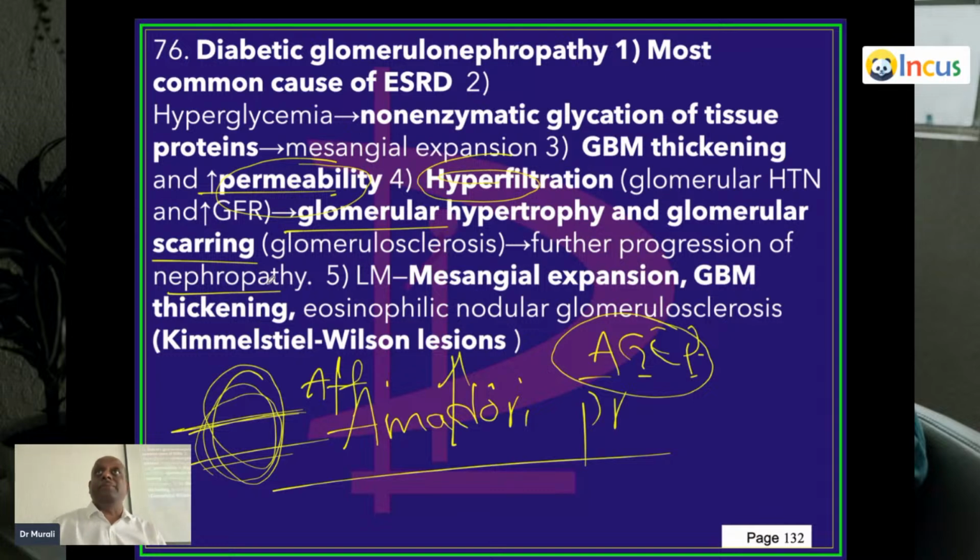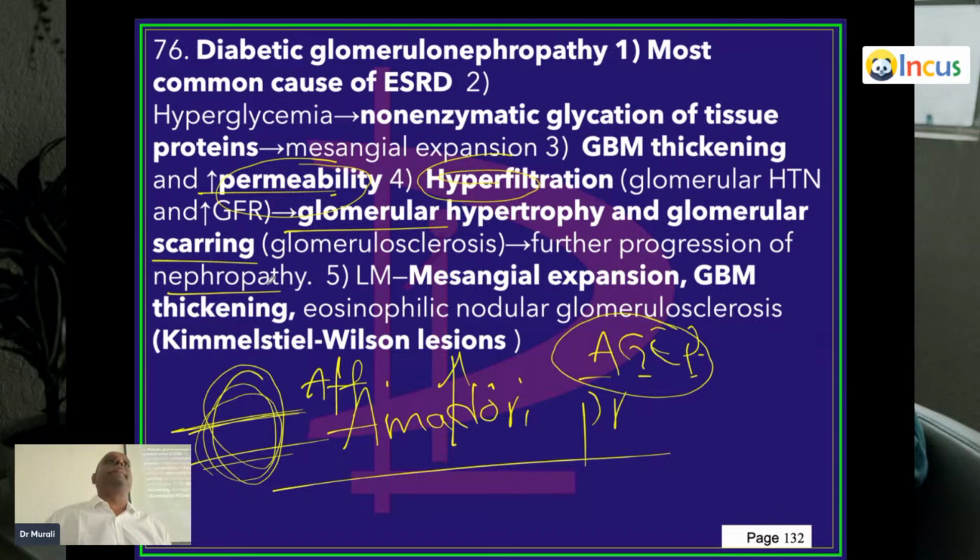And you need to tell them your proteinuria is progressing, your Amadori products are increasing, you are in a hyperfiltration stage. Time will come where the glomeruli become sclerotic, you end in end-stage renal disease, you lead to dialysis, you will die in my hands. Don't tell like that. Nephrologists rob the hope of the patients very commonly. Right?